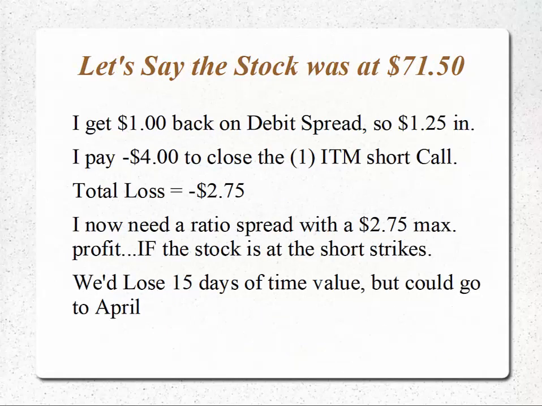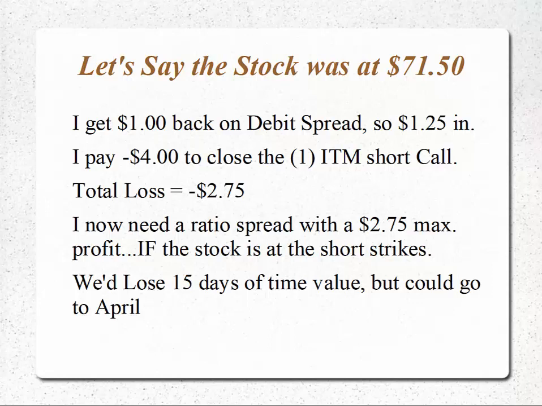And I don't want to roll it to just a naked call. Perhaps. I personally wouldn't. You could roll the whole ratio spread, but again, what would it look like? Let's say on February 15th, Starbucks is at 71.50. It's 4 points above the 67.5 sold call strikes. I get $1 back on the debit spread, that one contract of 66.50 to 67.50, and I keep the 25-cent net credit, so I have $1.25 in. I have to pay $4 to close the one remaining in-the-money naked short call, so my total loss is $2.75